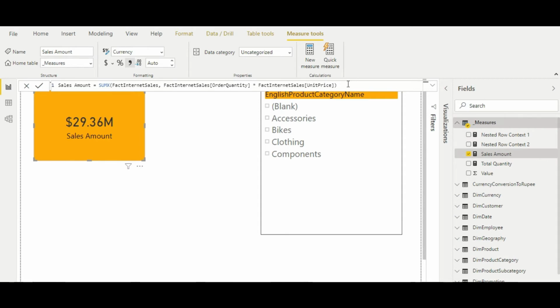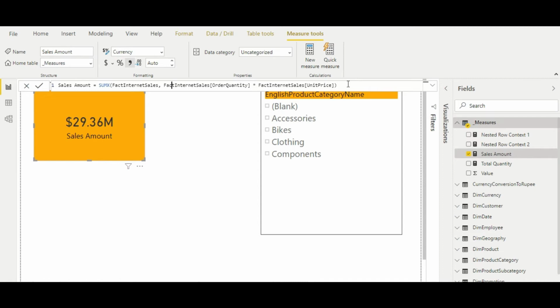No evaluation context is modified; only a new row context is added to the existing evaluation context. Suppose there was already a filter context with two filters and one row context existing outside this iteration formula. Those will still exist, plus a new row context will be added.